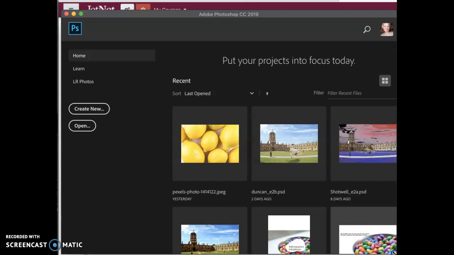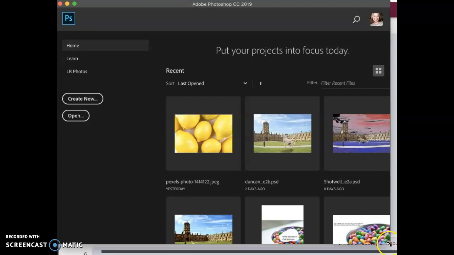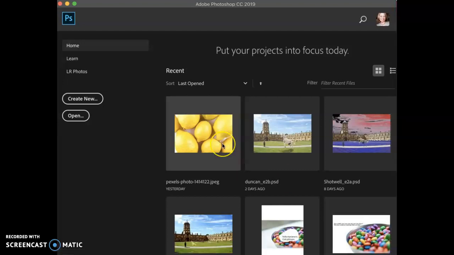Hey students, this is a video for exercise 5B. We are going to be opening up the images that were provided to you in JetNet. All of the lemon and the lime images will be saved for later. So go ahead and launch Photoshop, and we're going to open up each one of those pixels